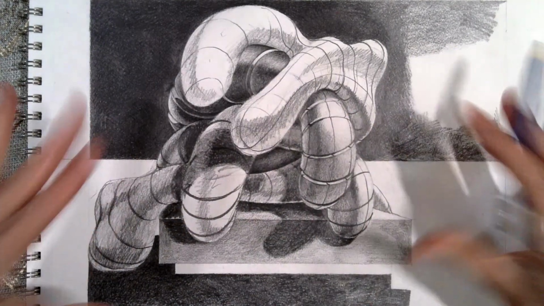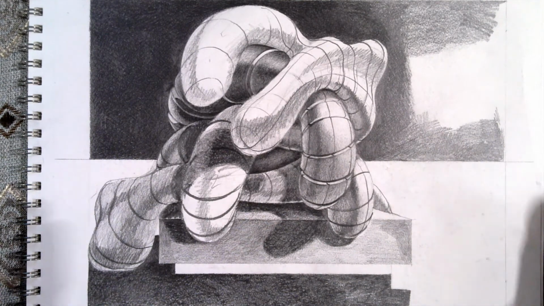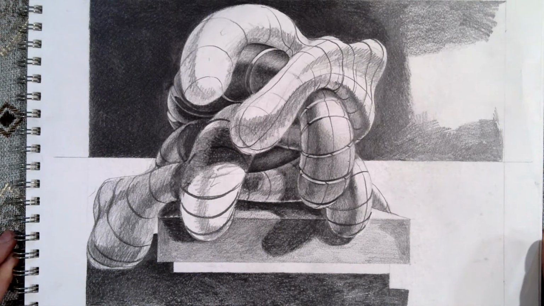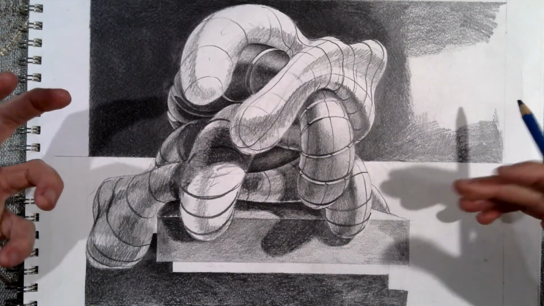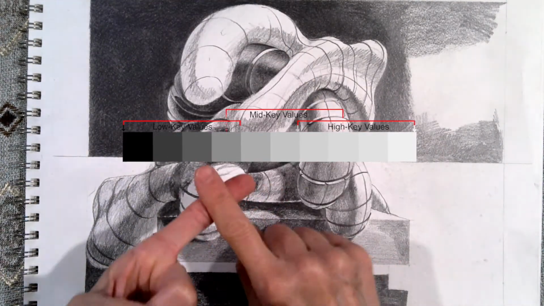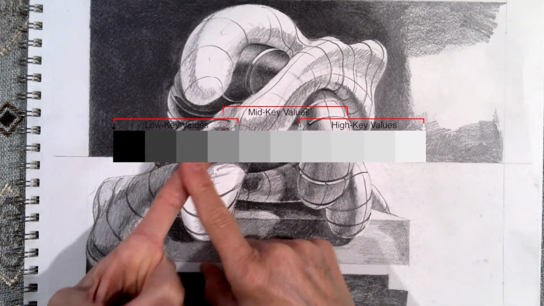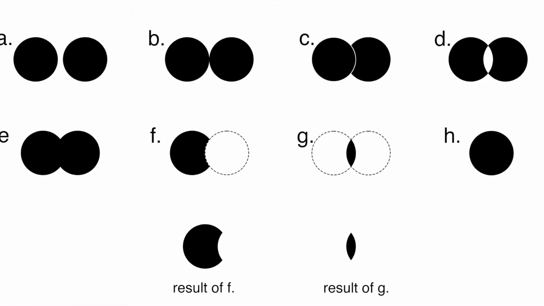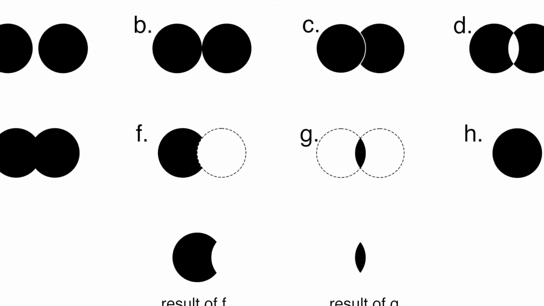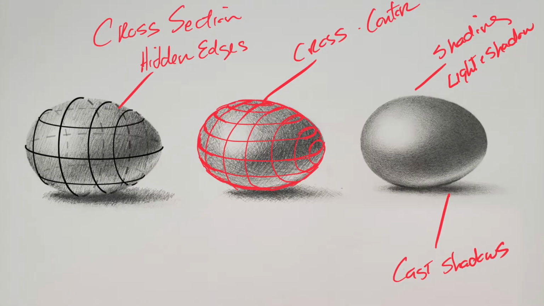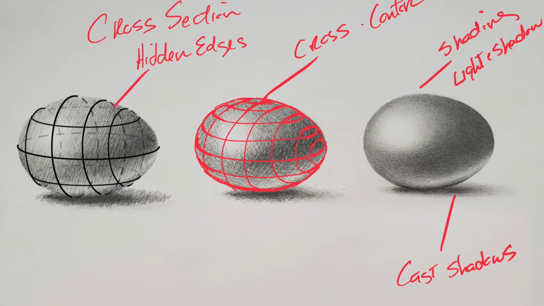I'm not finished with this drawing, so I'm giving you this kind of intermission tutorial to talk about the purpose, the objectives of doing this project in the first place. So you have value, high, low-key, and mid-key values in particular. You have interrelationship of shapes. And then I talked about the three strategies for creating volume, or the illusion of depth and volume,